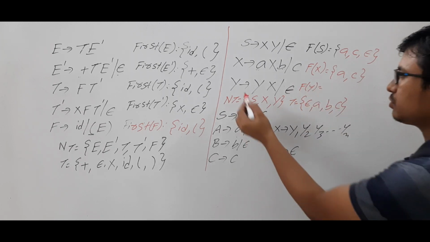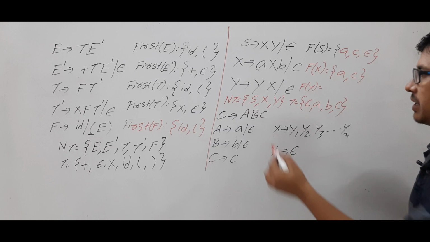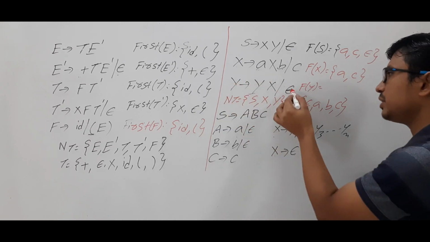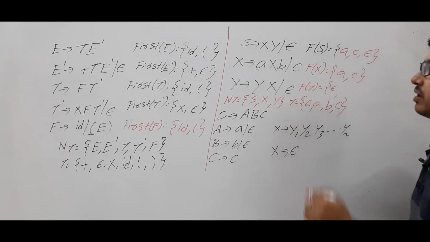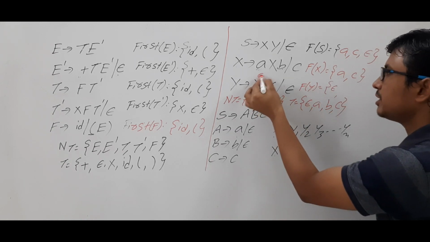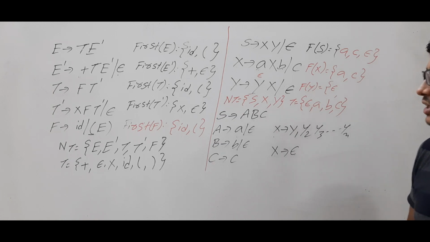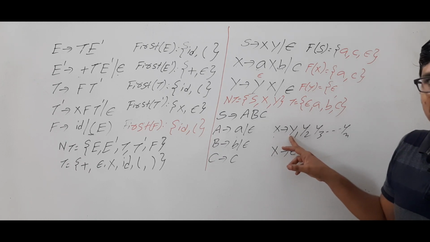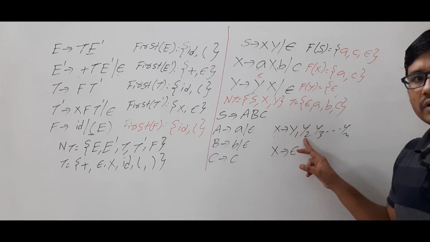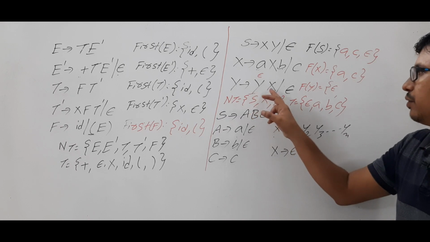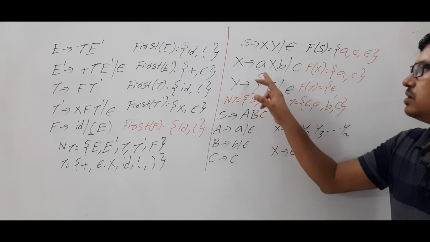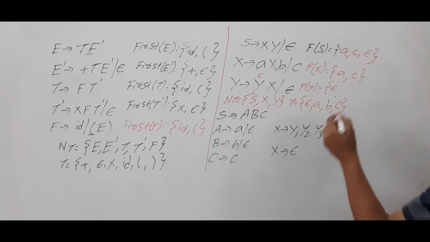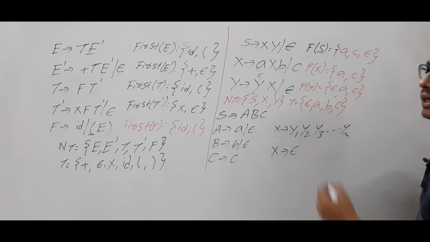First of Y is equal to first of Y. Am I right? First of Y is saying first of Y. First of Y, you have an epsilon also. Keep the epsilon. In place of Y, if you keep epsilon, what will happen? That is what the second point is. If first of y1 consists of epsilon, then you need to compute the first of y2 also. Here y2 is X. So first of X is equal to a comma c. I hope you have understood.